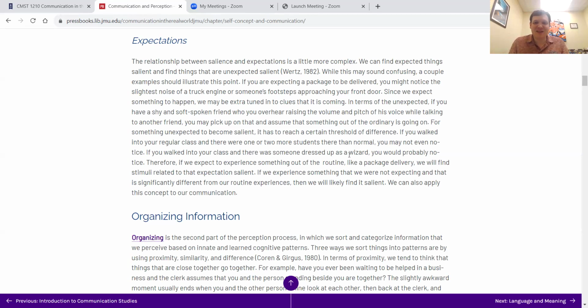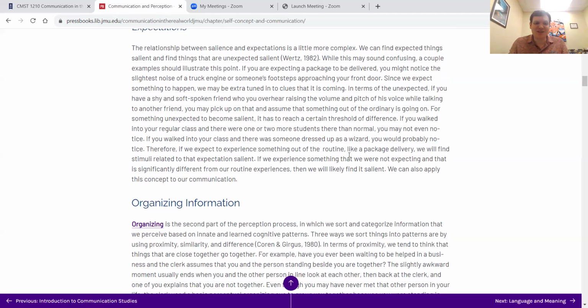So again, a variety of things, other things like our expectations. Sometimes, when you're leaving the house, you lock the door, get in your car and go to wherever you need to go. And like, oh, did I lock my door? Sometimes it's just so in the back of your mind that you don't remember it. So it's like, oh, I didn't select that information to remember and perceive. So now I'm worried that my house is unlocked. So that can also be about the perception process and what's salient.